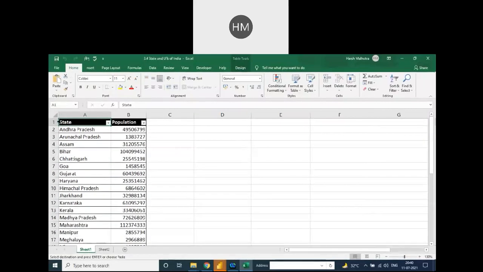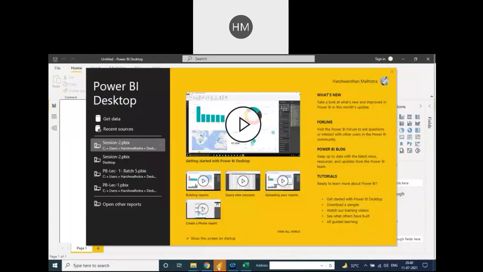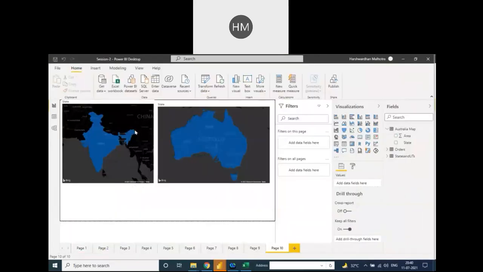You need to enter here also, like India is the main state, under which there are sub states, and Australia is also a main state, and the states of Australia are the sub states, and make a population and put the file together. Then you need to separate them. You need to make two charts into one map. Okay, sir. Clear?